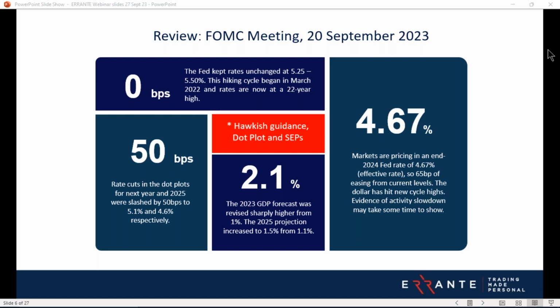So the dot plots, really key this. So 12 out of 19 Fed participants called for one more hike in 2023. That was pretty much nailed on, of course, and we had seen that in the previous updated dot plot from June. But then the 2024-2025 median dots were revised up by 50 basis points to 5.1% and to 4.6%. And that was basically where we saw 100 basis points of rate cuts in these dot plots in the previous one in June, we now only see 50 basis points in 2024-2025.